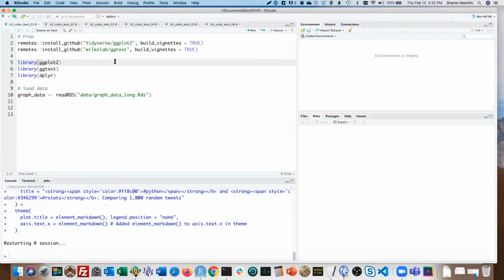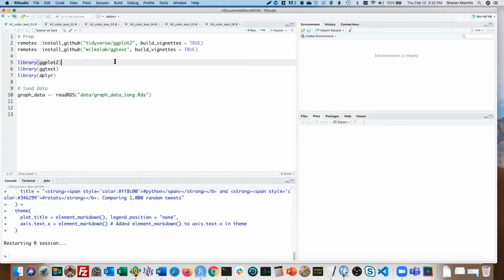I installed the dev version of ggplot2 from GitHub to make sure I had the super latest version, since in general, some things demoed at the conference aren't on CRAN yet. And ggtext definitely does not work with some older versions of ggplot. You have to install ggtext from GitHub, since as of this recording, it's not on CRAN. I use the remotes package to install from GitHub. DevTools does the same thing.